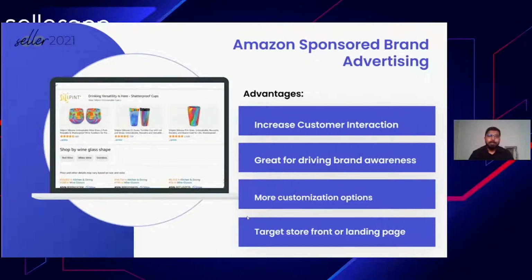The sponsored brand advertising has a lot of customizable features, in the sense that you can choose to define the customer's journey and the customer's interaction with our brand. You can choose to ensure that the customer goes to your storefront page. Alternatively, you can set it up in such a way that it lands on a different page. So if you have multiple brands or multiple categories of products that you're selling, you can create specific brand ads for specific categories and ensure the consumers reach only that specific set of products that you really want to focus on.